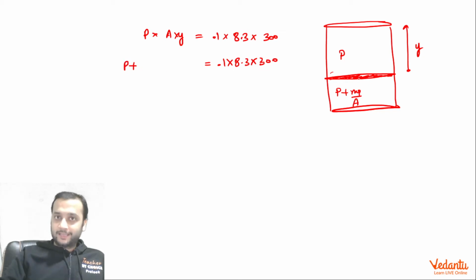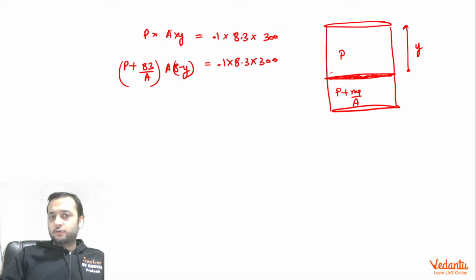Now the mg of the piston was 8.3 into gravity, that means 83 upon area, right, into cross-section area, into this length, which will be 8 minus y, because the total length was 8. So from here you can see very easily that the value of PA can be directly found from the first equation. PA is how much? 83 into 3 by y, correct? The two zeros will cancel the 0.1 and this decimal. So we can say 83 into 3 by y.